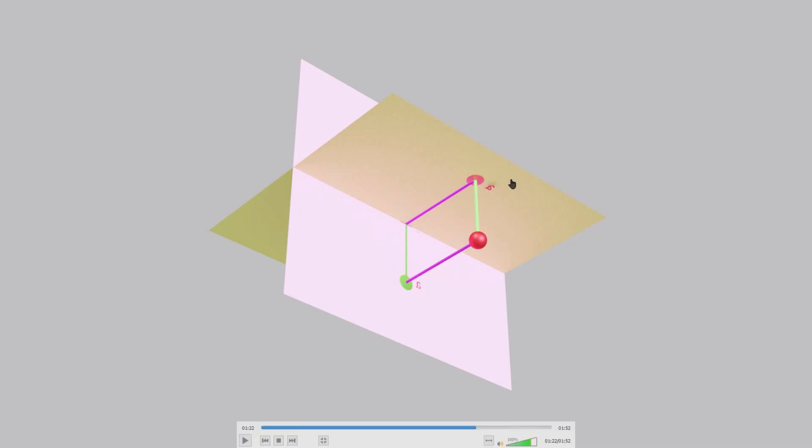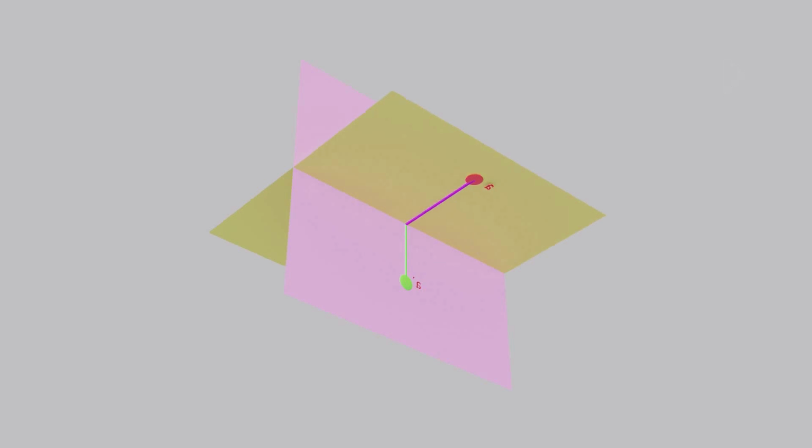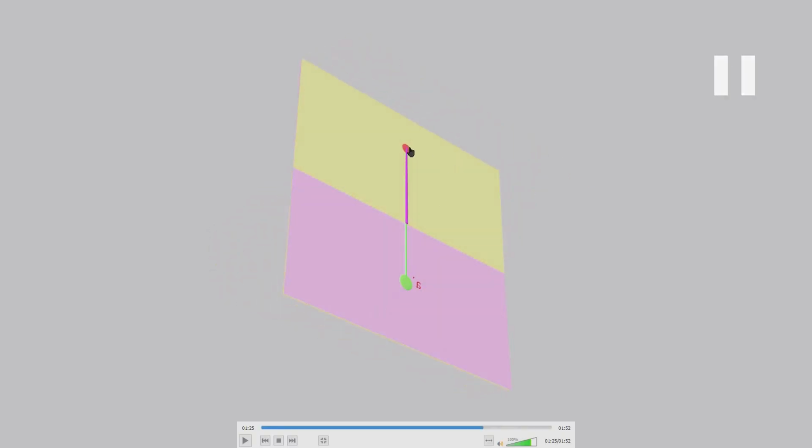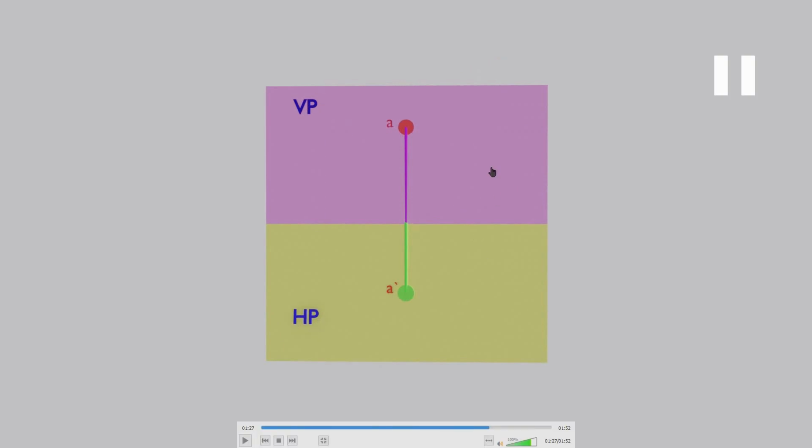I have marked those. Now we are going to open the quadrant system. We are going to convert the three-dimensional view into a two-dimensional view. In order to do that, we'll open the first quadrant and see what happens to the third quadrant. See that when I opened it, the front view has remained here itself and the top view has gone up. Let us see what happened. How do you see it in the two-dimensional view? This is the two-dimensional view.